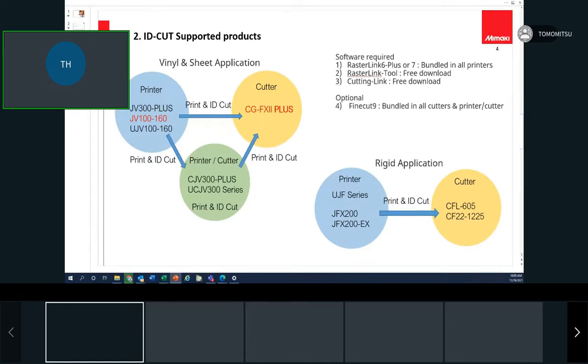Right, so going to vinyl sheet and sheet application, meaning flexible sheet, whatever film or self-adhesive vinyls. On the printer side it's supported by JV300 Plus, JV100 and UJV100, which is an all-printer exclusive machine released later in 2020. Unfortunately, JV150 series or CJV150 series, which were released before 2020, and the low-end entry model do not support the